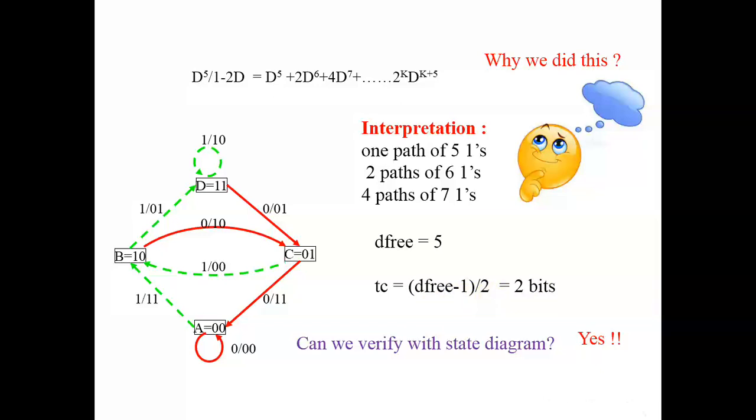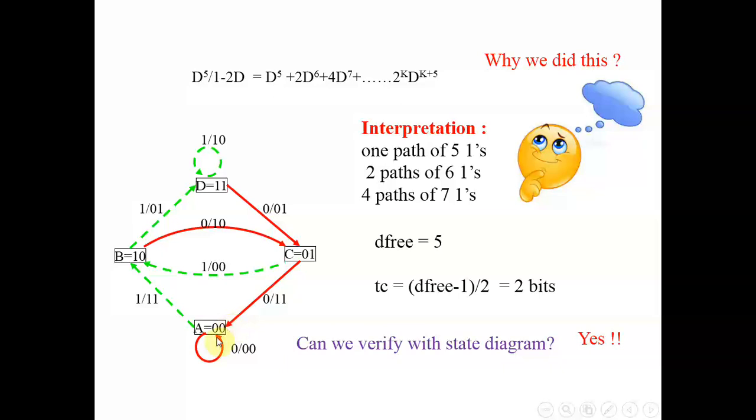Now whatever we are doing can be done easily with the help of state diagram. This is the state diagram of the encoder which we are discussing. Let's verify whatever I am saying. Now what we want? You have state A0. You are supposed to move away from A0. That is, you move away from state A. You revolve in this, you just have multiple transitions and you come back to this state. And how many such possibilities are possible, and you calculate number of ones.